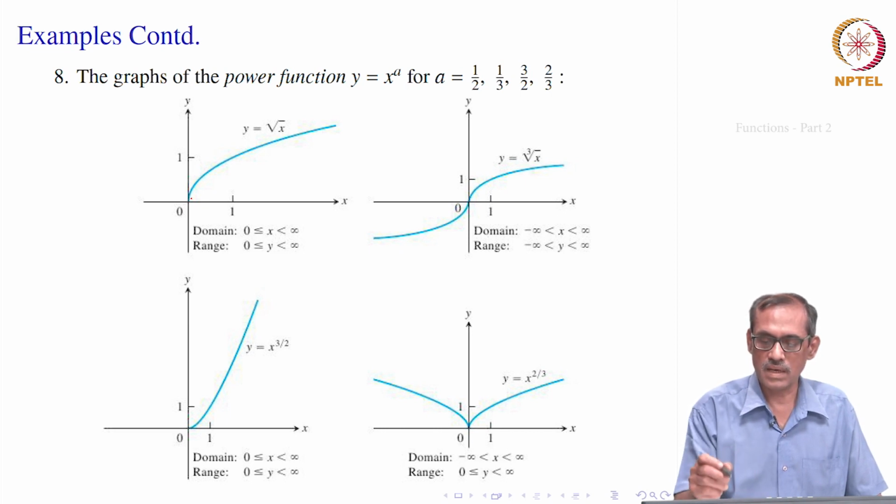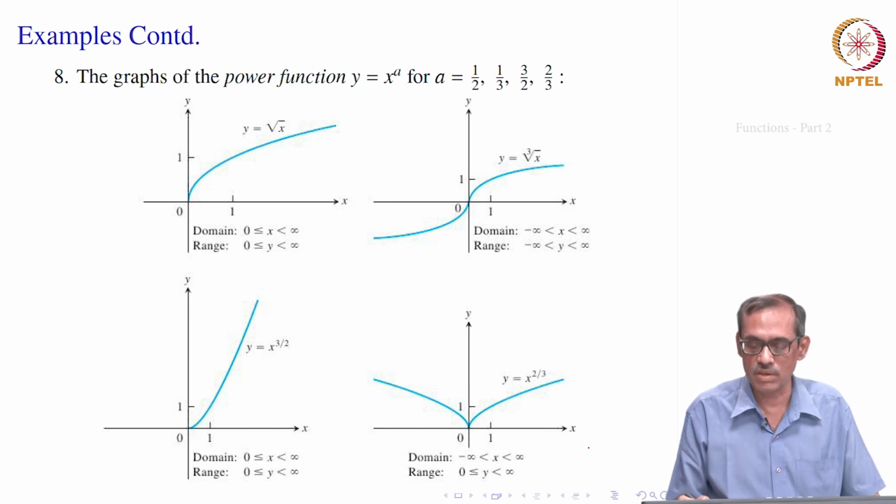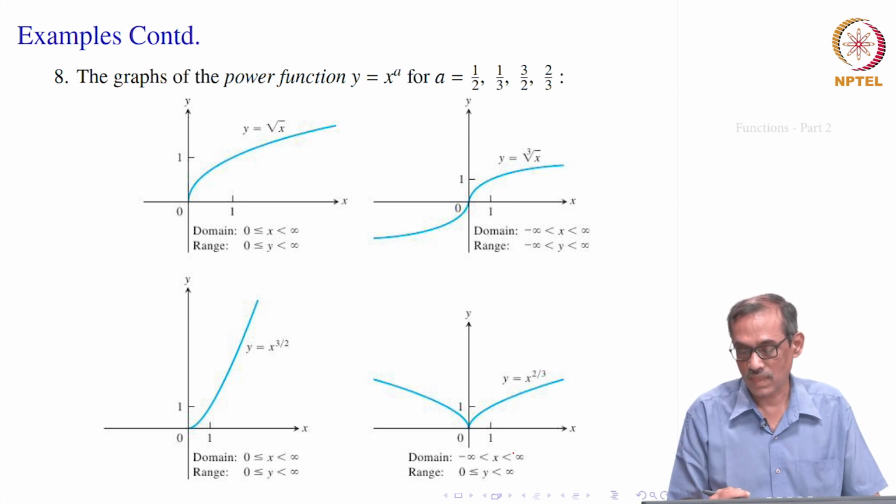If you take a equal to 1 by 3, you would get the function y equal to cube root of x. Now, if you go to x equal to y cubed, y to the power 3, and look at it a different way, that is, take the horizontal as y, just rotating it 90 degrees, the graph y equal to x cubed and y equal to cube root of x look similar now.